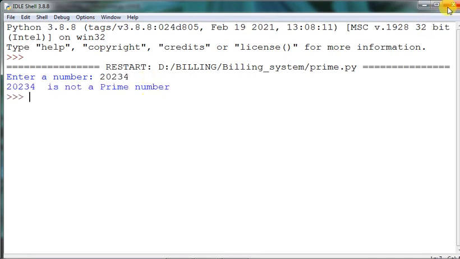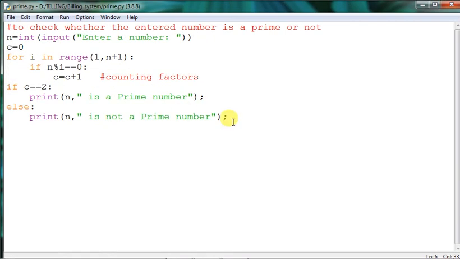Clear? So like that. The main logic is that whatever number is there, the computation will be done by the computer itself. So no need to do anything, you only need to employ the logic. What is the logic? The loop will run from 1 to the value of n, and in between, the entered number will be checked for each value, whether while dividing it is 0 or not.